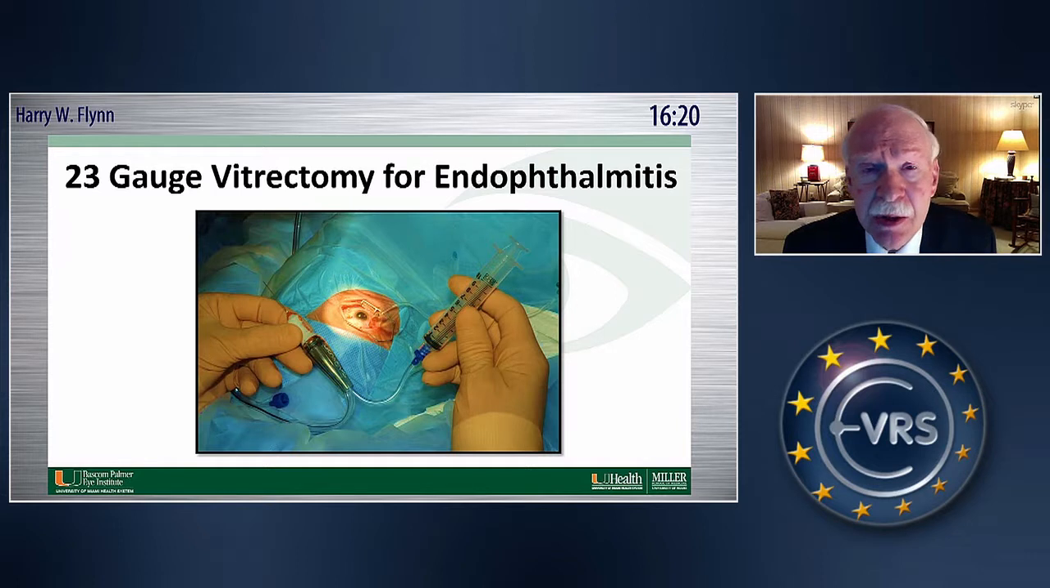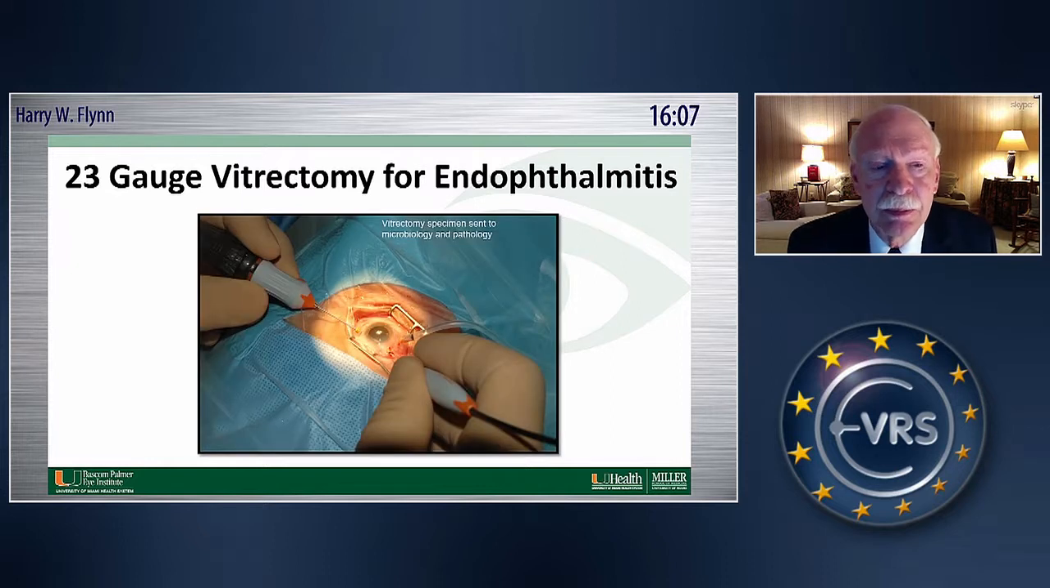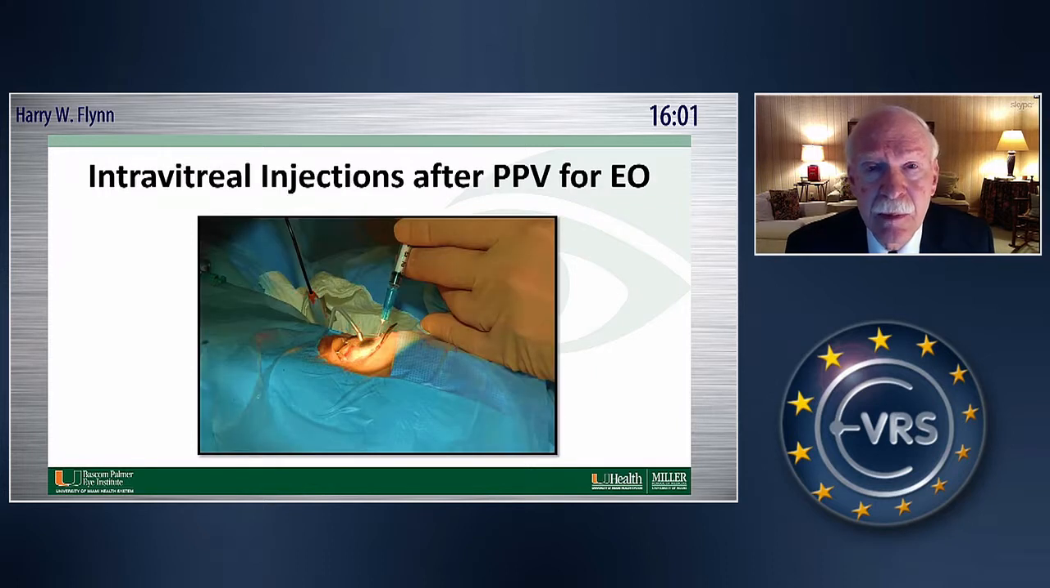23 gauge is the technique that I have used in the past. You can see here obtaining a specimen and a syringe of the procedure. Next slide, please. Central vitrectomy performed. Slide. The eye is left soft at the end of vitrectomy in order to allow the infusion of the